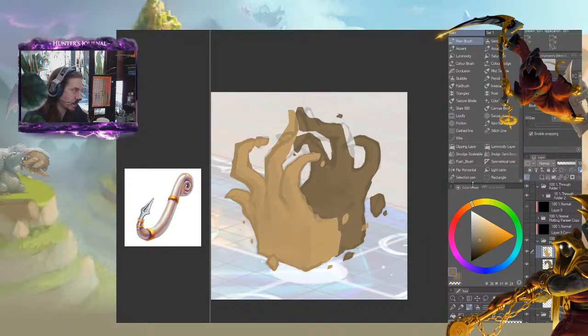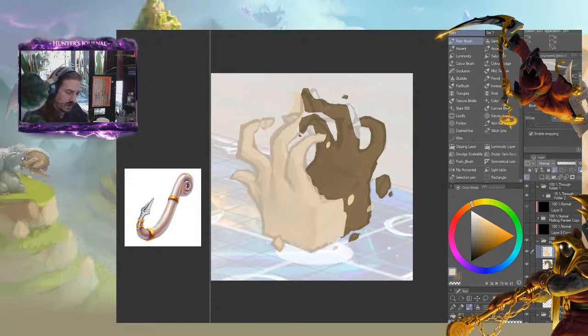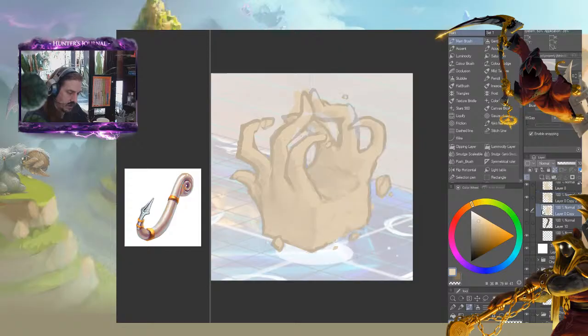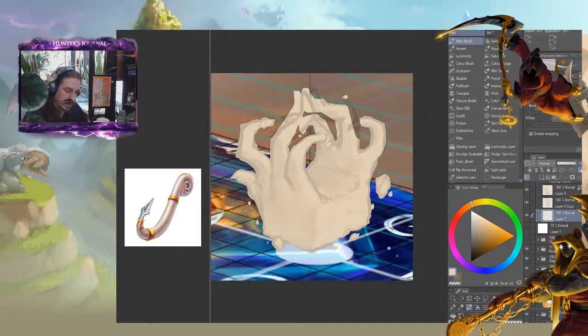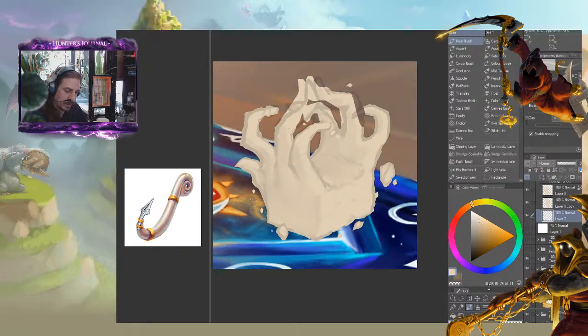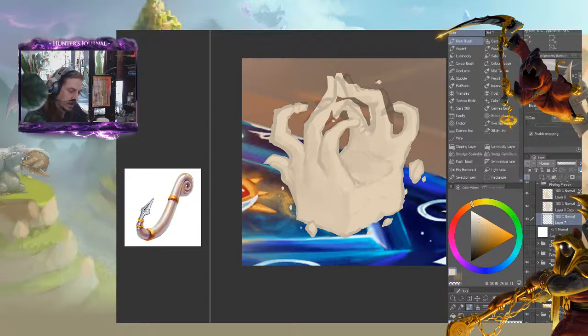So let's start with a very... merge that together. This is gone. That's nothing there. Okay. So let's turn off this layer between. We don't need perspective lines, and